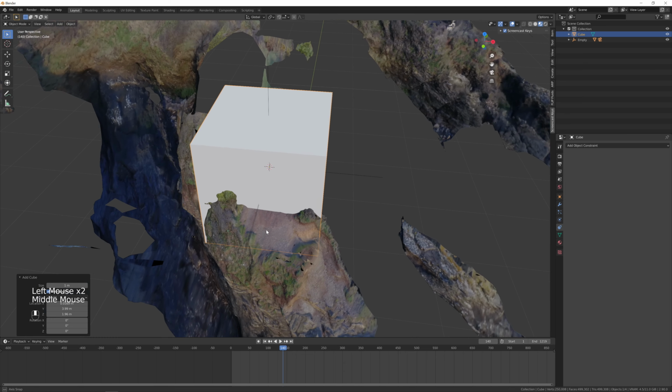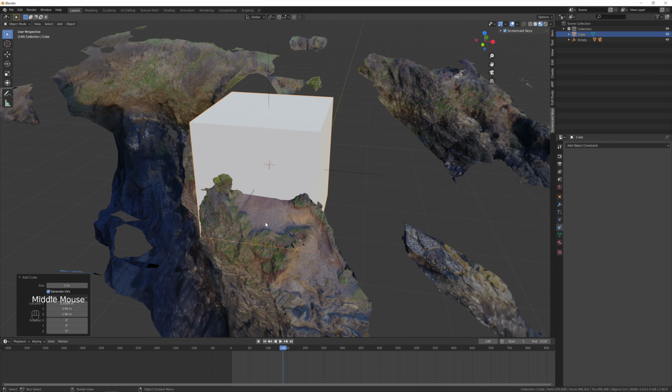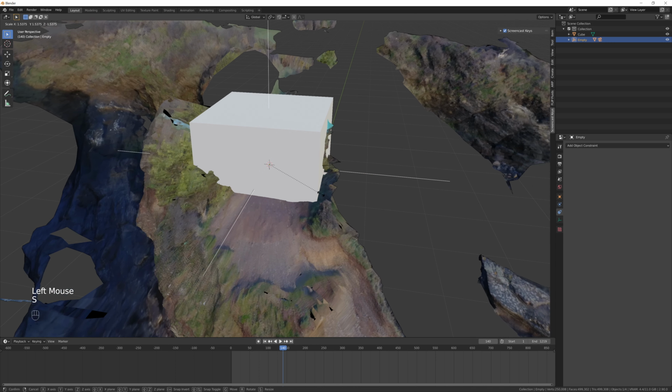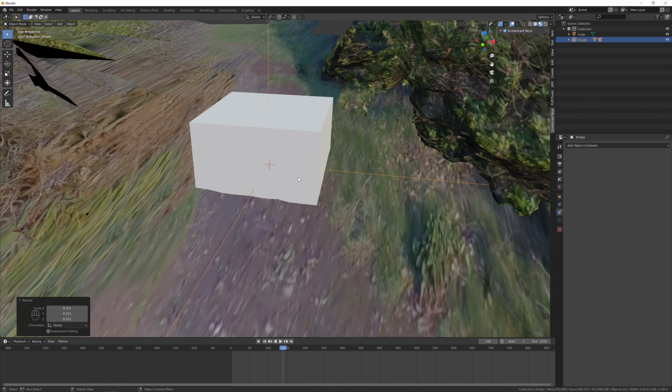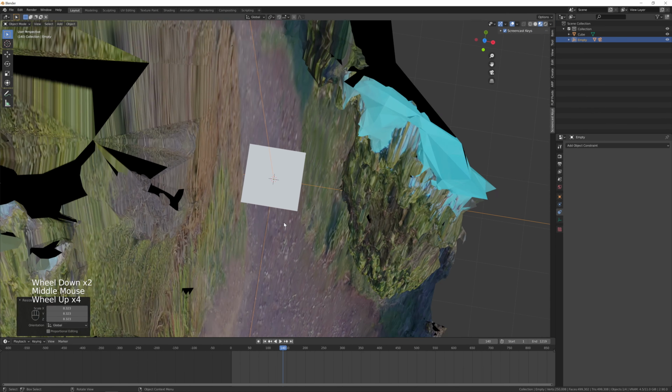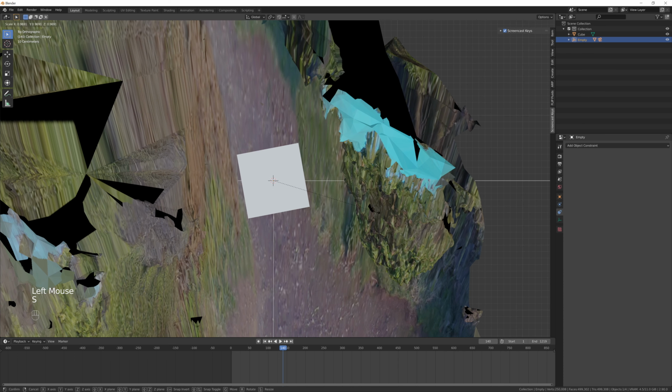As you can see, my scaling is quite off, but as my scene is now parented to my empty, I can scale my scene using my empty and using the cube as a reference. I'll just scale my empty until the path matches up with the cube. This is scaling the whole scene by the way, so the camera will still be aligned. You may need to adjust your view and rotate the cube to get a more accurate result.